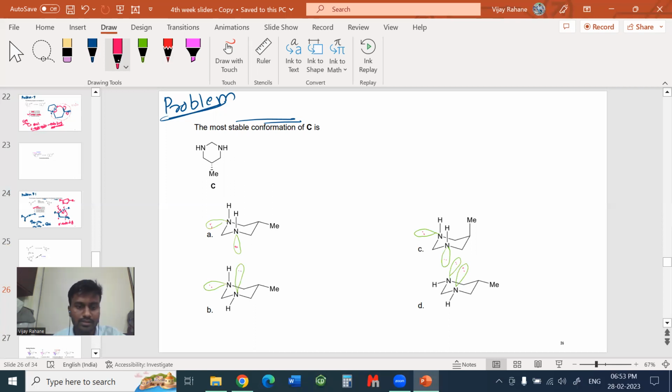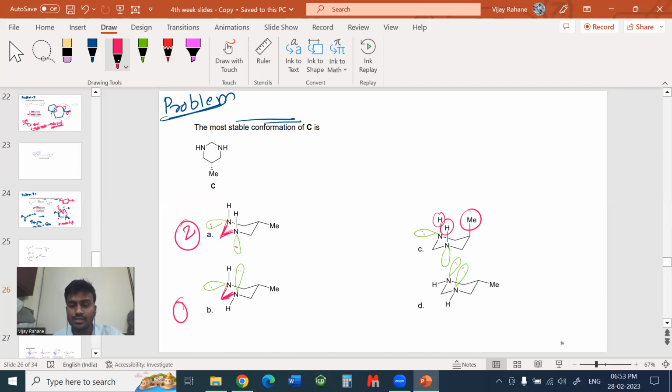So you can see here, if we take the first example, this anomeric effect is possible here and here. Two anomeric effects are possible, right? Two effects are possible for this one. This nitrogen, this lone pair stabilizes this. One anomeric effect possible. For structure 3, the methyl is axial, so a 1,3 diaxial interaction is there,